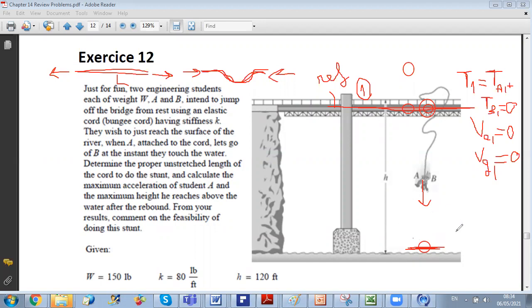So I have that V elastic at state 2 is equal to